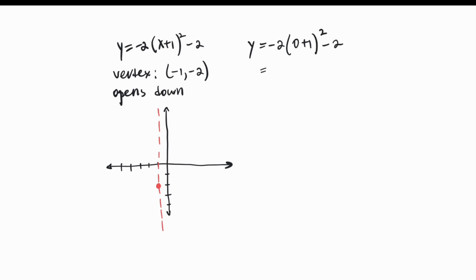Or negative 2 times 1 squared minus 2. Or yet again, negative 2 minus 2, which is negative 4. So the second point for our parabola is 0, that's the 0 we picked for the x, comma, negative 4. So I'll place that point, (0, negative 4), on our coordinate plane, and then I will